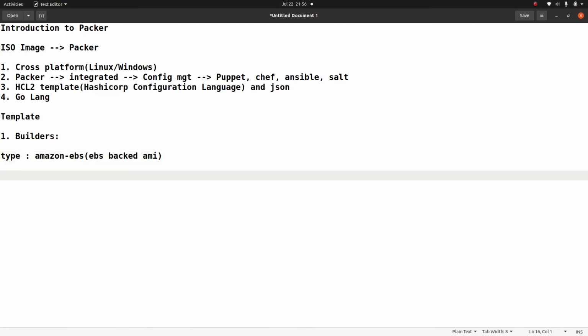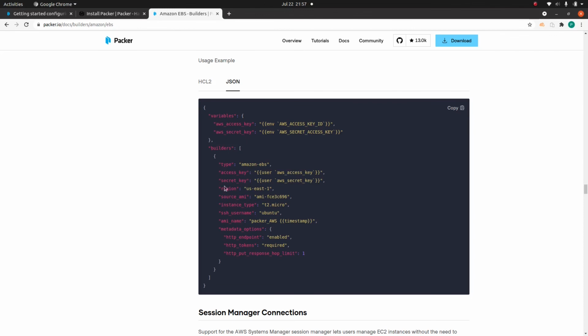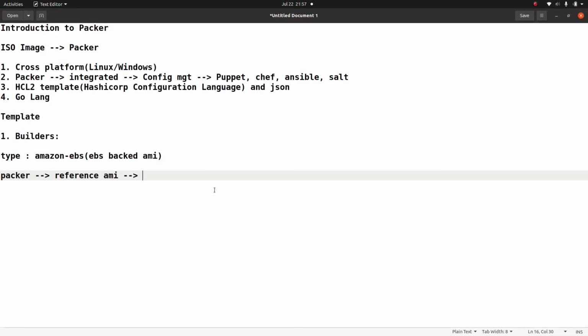When Packer is going to create an image, you need to give it a reference AMI, and using this reference AMI, depending upon the instance type you give it, for example t2.micro, it is going to spin up that instance.